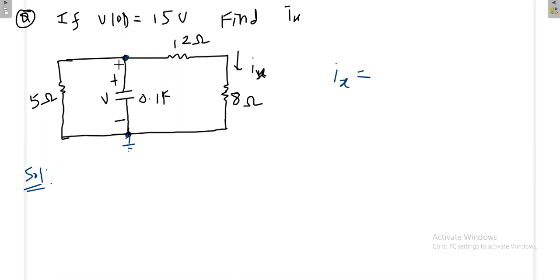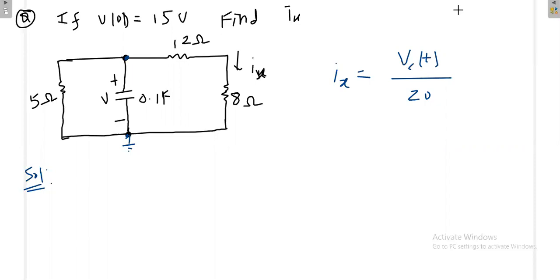The solution is, the current across this branch Ix is the voltage at this node, like this you can ground, divided by the resistance present in that branch. So once I know the voltage across the capacitor, then you divide it by 20, then you will get Ix. That idea you should have in mind, because directly you cannot find the current across 8 ohm. Simple KVL, KCL and all will not work here. So first you should have the idea of how to find Ix. This voltage is the same as the voltage across the capacitor, but that voltage is not a constant quantity, it is going to vary with respect to time. That's why I am putting it like this.